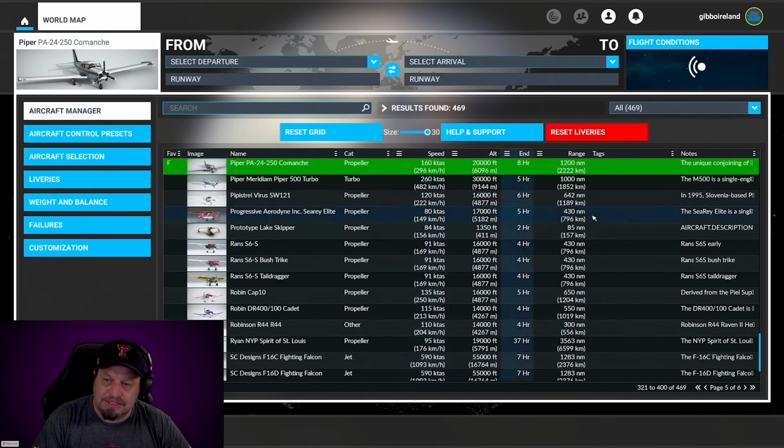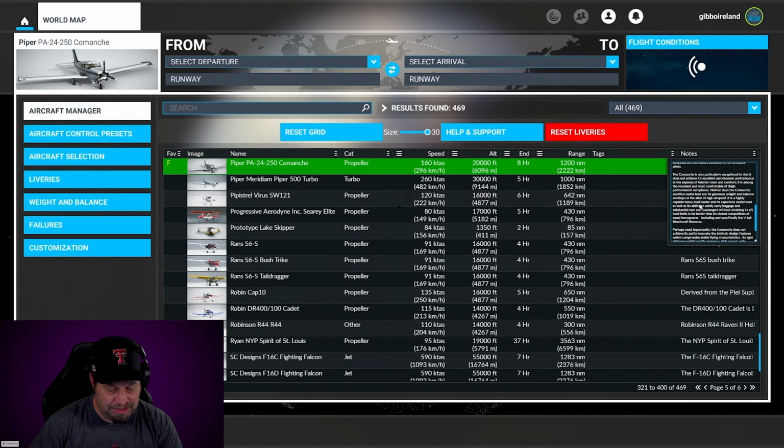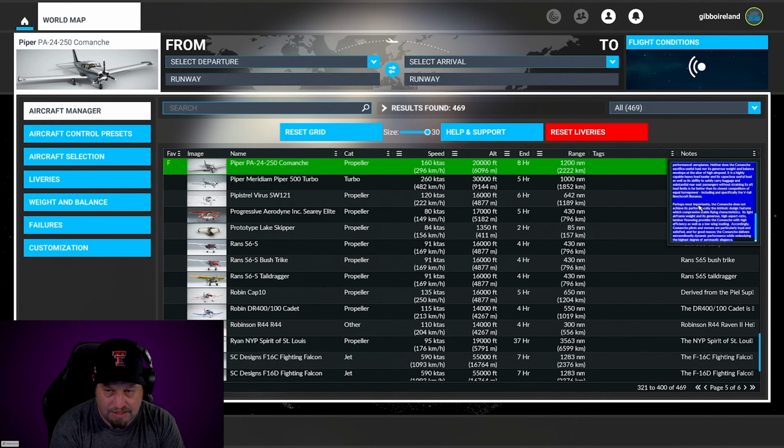So these notes you'll see here, this comes out of the manufacturer of the aircraft, right? This is built in and comes straight from them. These are not notes that I have typed, but again, you have the ability to be able to change it as you see fit. So this is a long note here talking about the Comanche that A2A have typed, but I can simply Control and A, override it, and